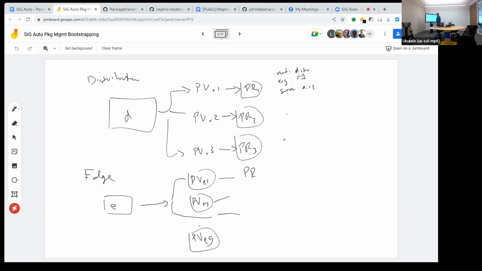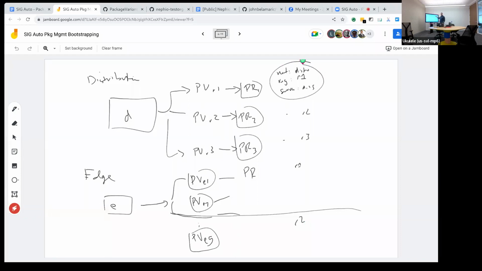I'm sorry, for this one it says R2, for this one it says R3. And over here, it's all the same, except in these it's R1. And then in the ones that are below this line, it's R2. And so our package specialization IPAM allocator kicks in for each of these and looks at these labels, goes out